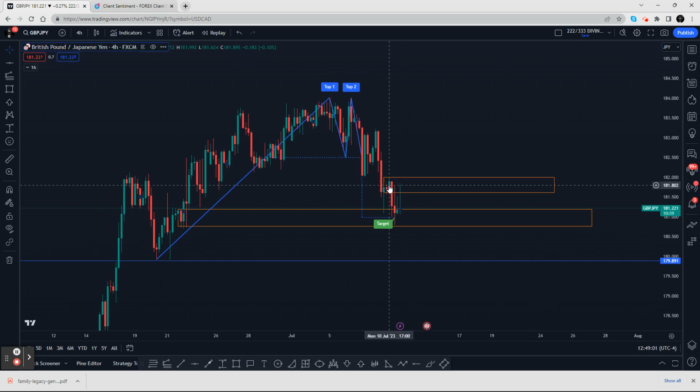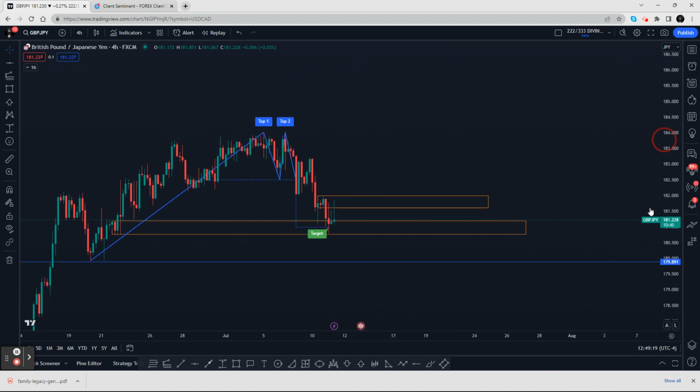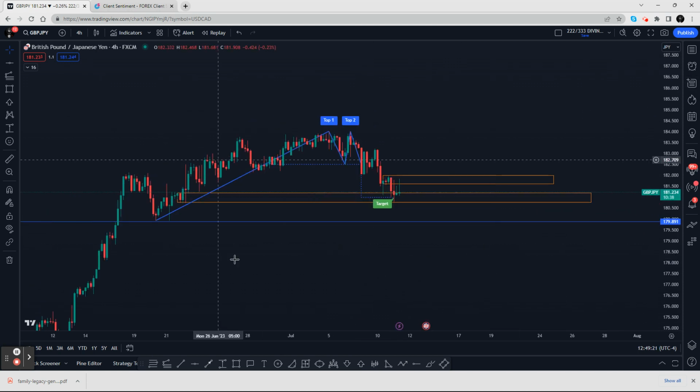So right here, there was an imbalance of sell orders. There weren't a lot of buyers right there, but right here there was a lot of buyers. Back to the previous area, then it gets back up here, it's a lot of sell, push back down. But if this can be broken and take it to the upside, that can happen. And typically when you see an order like this,